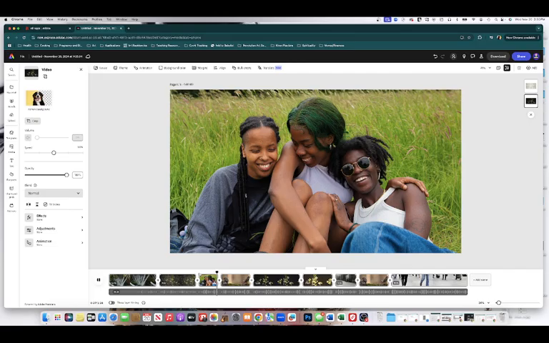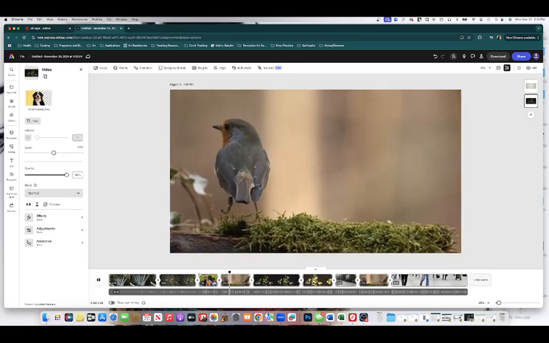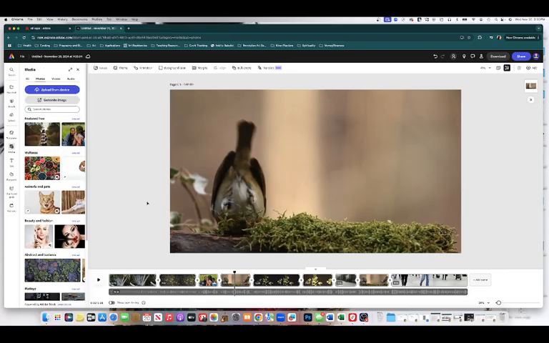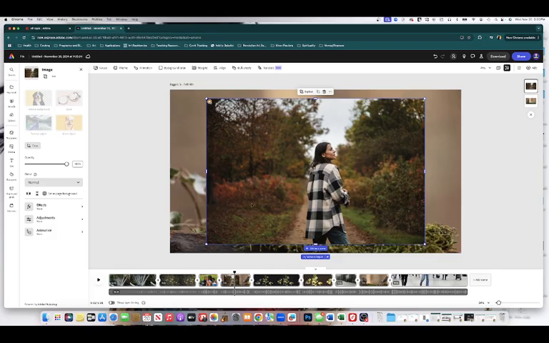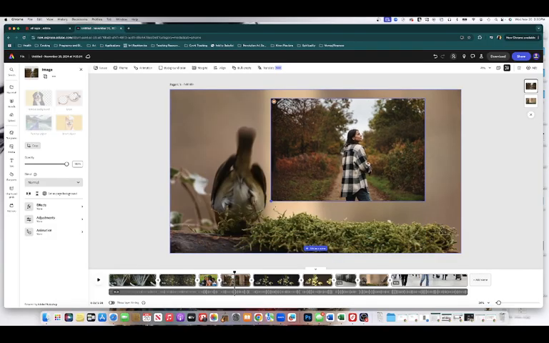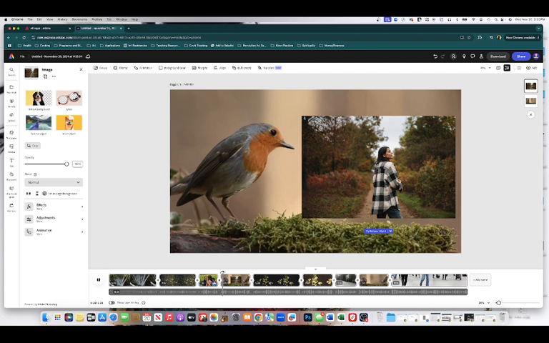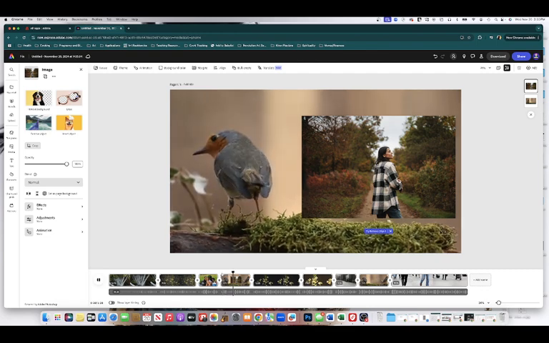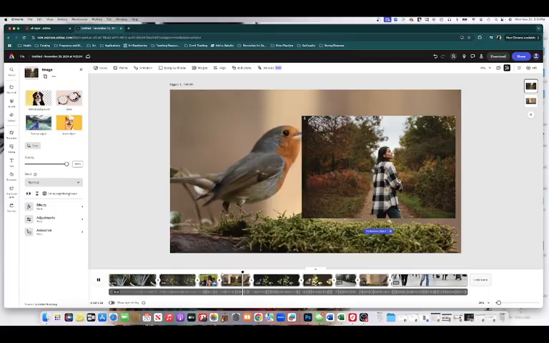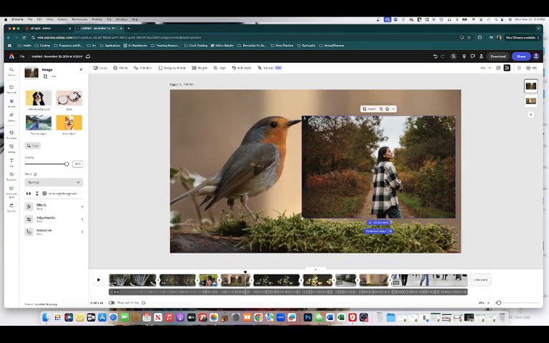And so that takes up the whole timeline, the whole scene. Another thing you might want to do is, let's say you have another picture of your friend in the forest, and you want to include it with this video of the bird. So this way we're layering the video, layering maybe this picture of your friend with this video of the bird. So now we have a video and an image combined together. And I probably wouldn't want to cover up the bird. Maybe you would. So if you wanted to adjust the size, you just click on